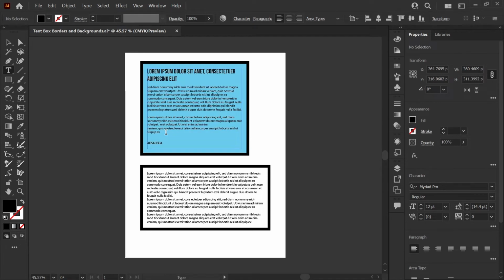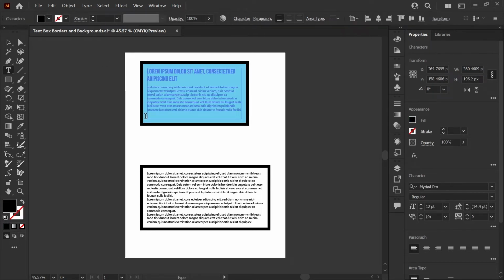Hello, it's Kat, and in today's tutorial, we'll be looking at making auto-sizing boxes and borders for your text boxes